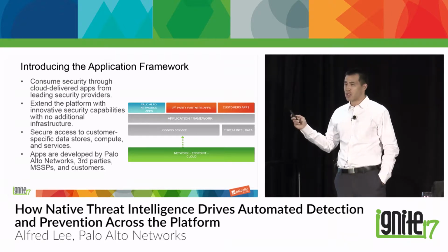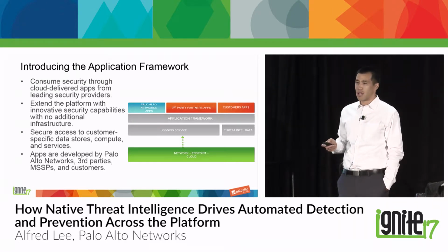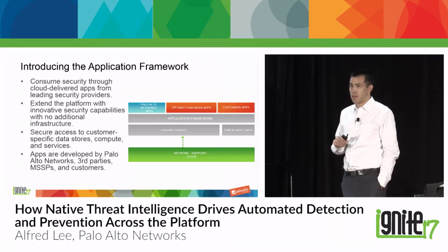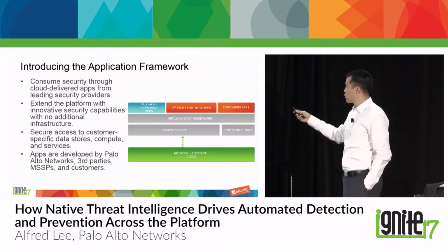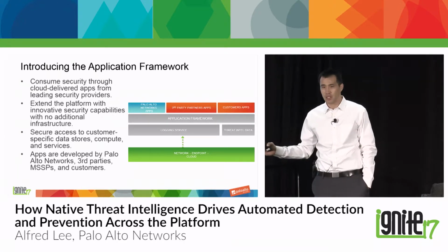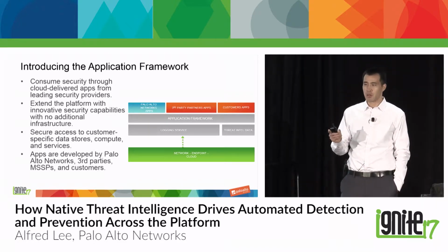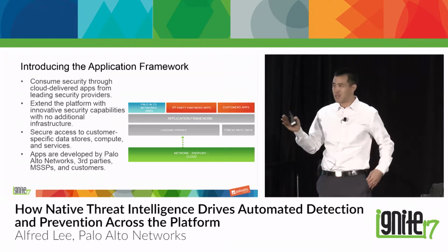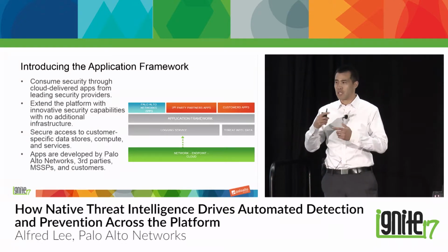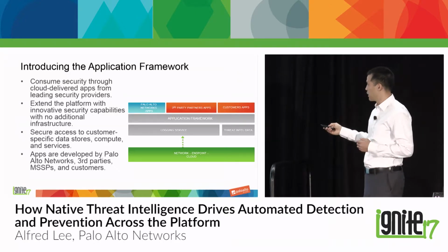And so you can now consume security through cloud-delivered applications by leading and even startup security providers with minimal or no risk. Essentially, once you have the data within the logging service, you can take a look at all of the applications that are available, and you can automatically just say, yeah, that's good. Let me try this for 30 days. I assume that they're going to give 30-day trials where you can just say, let me try that for 30 days or 14 days, and let's see what it can do, right? With real network data, with all the visibility that we provide,